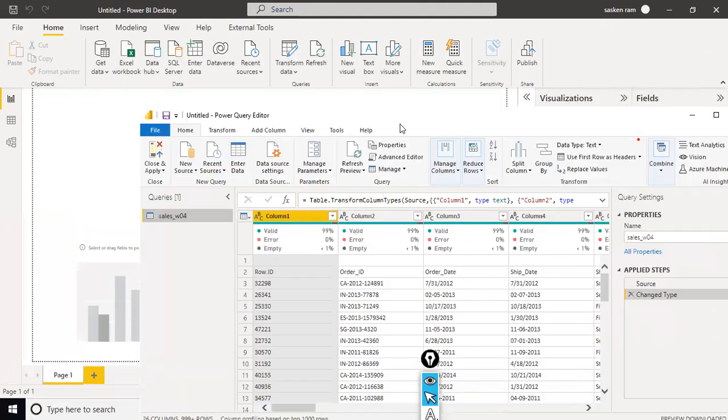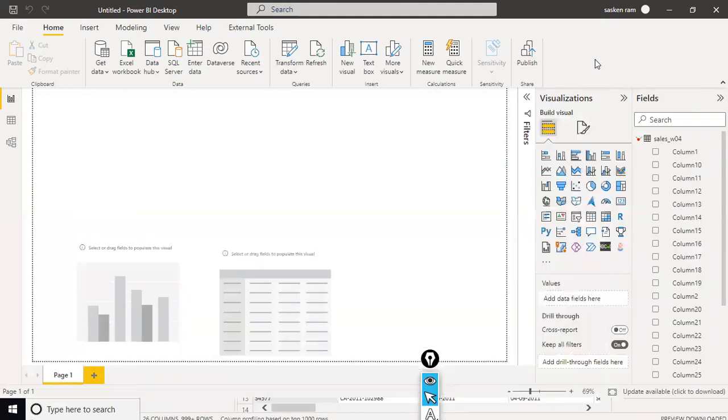Before we get in here, I'll tell you one more point. Where you need to check the file which you loaded is just beneath the Fields pane. You can see Sales. When you expand this, you can see all the tables, all the columns that belong to this table. But you are not able to see the data. How can I see the data? That is where you need to use